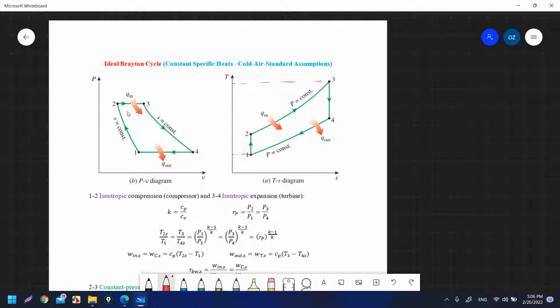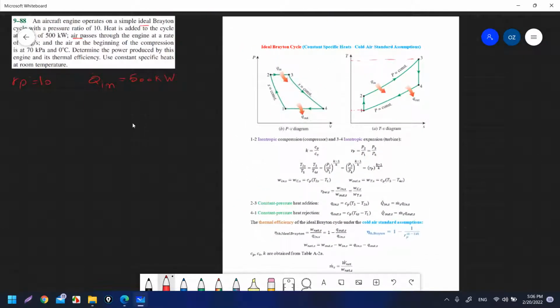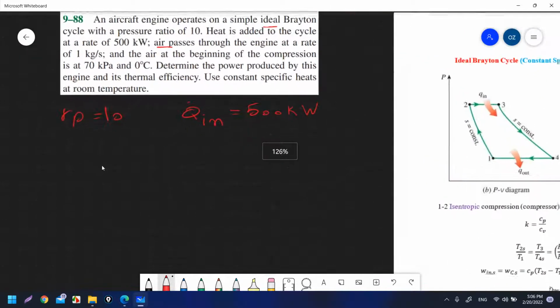Under S is constant, isentropic process, there is no heat addition, and also it is an internally reversible process. Okay, because usually you will have an actual cycle in Brayton cycle questions. So returning back to our question,